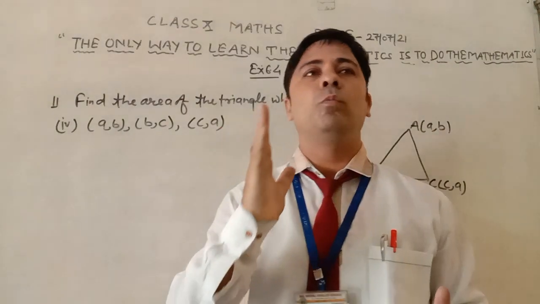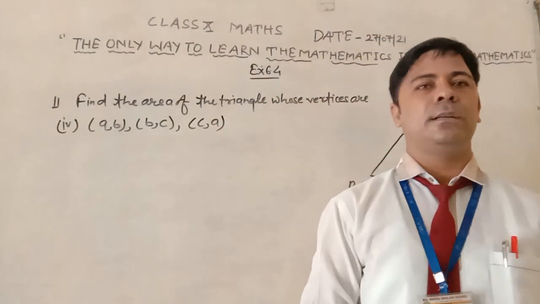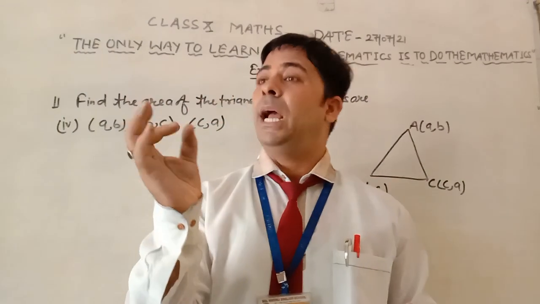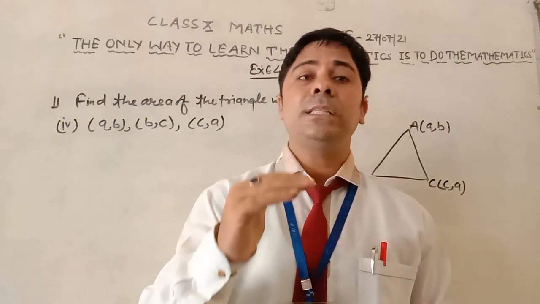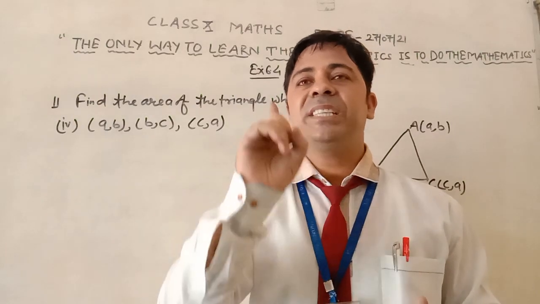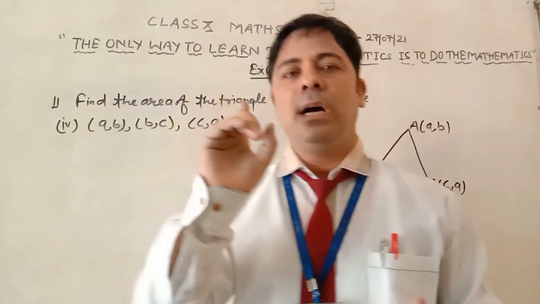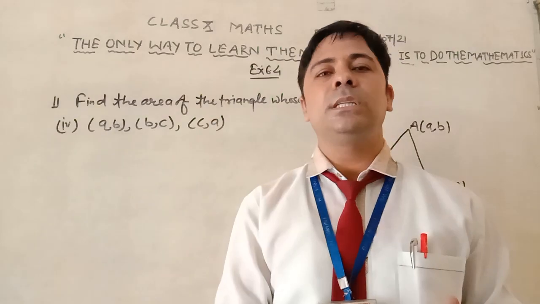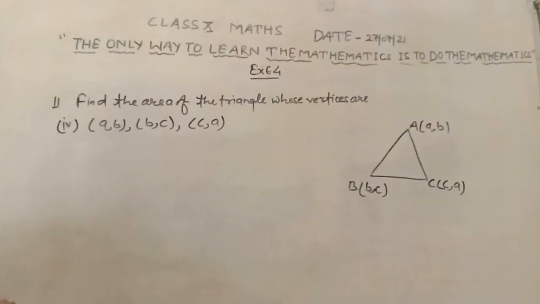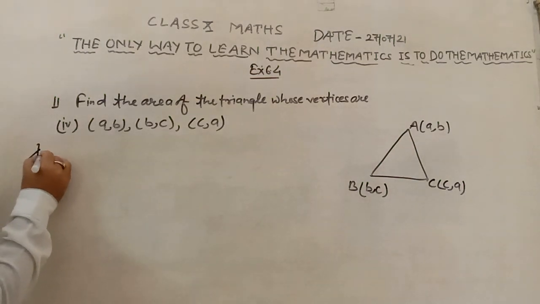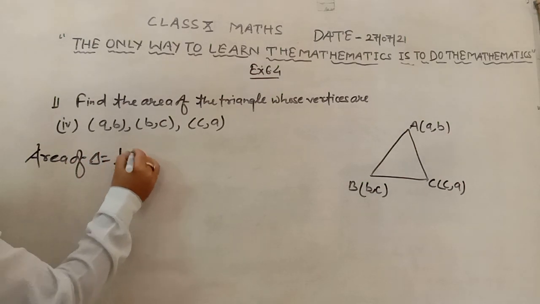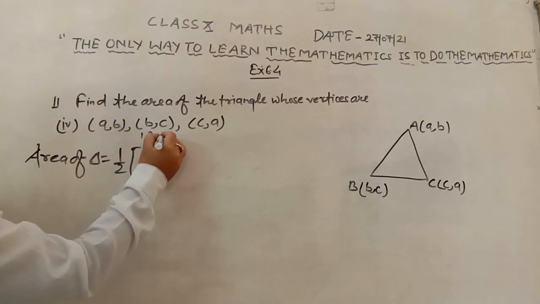You only have to learn 1, 2, 3 in cyclic order. What is the cyclic order? It is 1, 2, 3; 2, 3, 1; and 3, 1, 2. What do the digits 1, 2, 3 signify here? The first digit involves x and the last two digits involve y, separated by a minus sign. So the area of a triangle is equal to 1 upon 2 times 1, 2, 3.